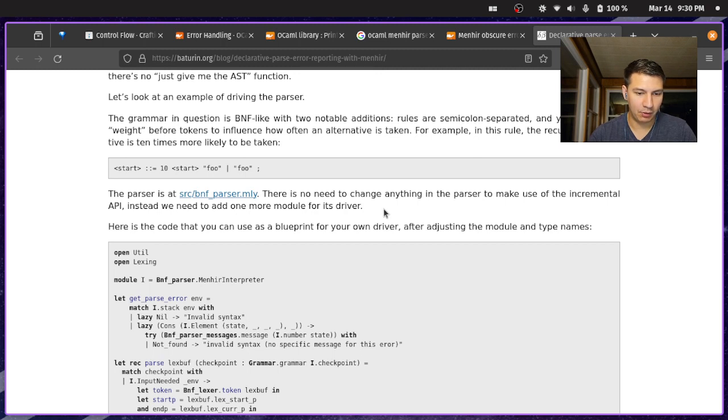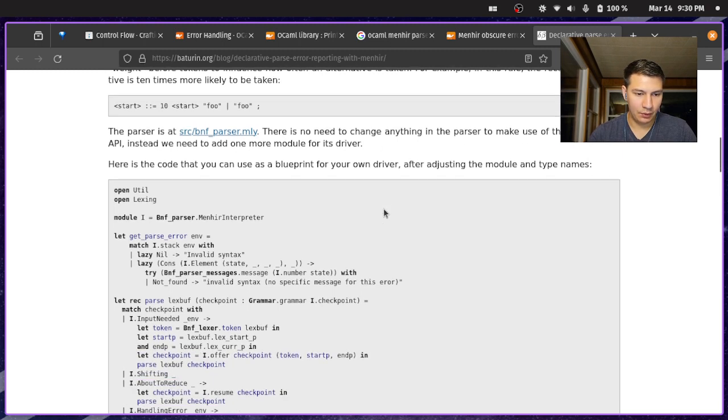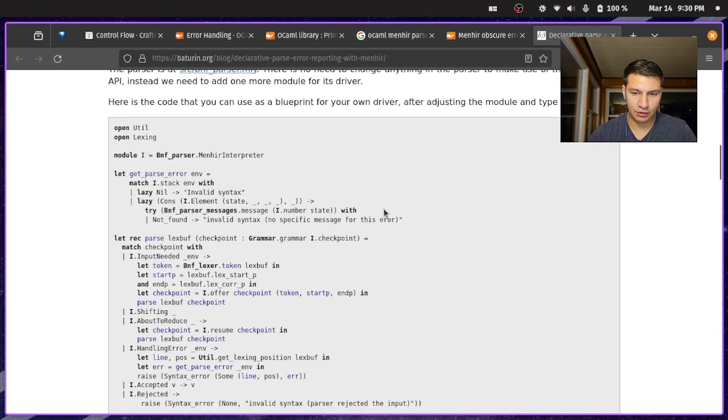Instead, we need to add one more module for its driver. Here is the code that you can use as a blueprint for your own driver after adjusting the module and type names. Match i.stack environment with lazy nil invalid syntax, lazy cons i.element state. Try BnfParser.MESSAGES.message with